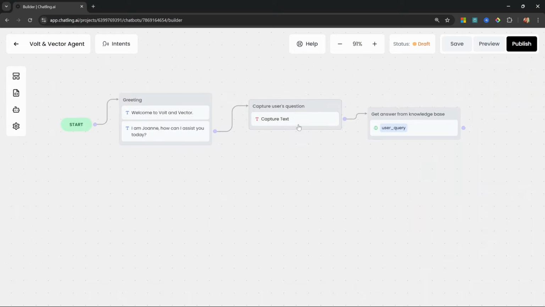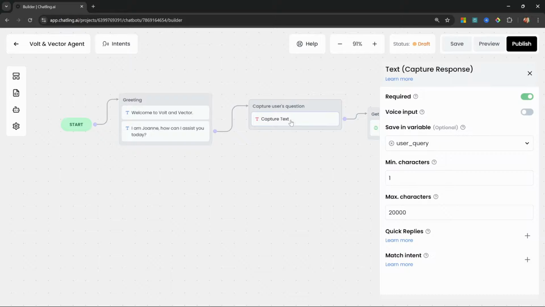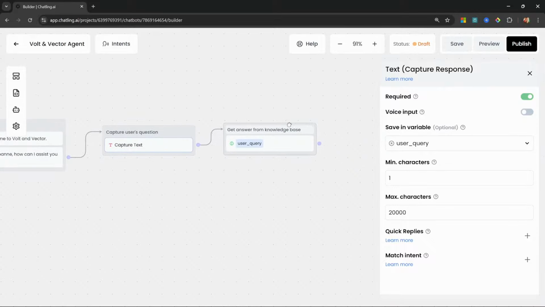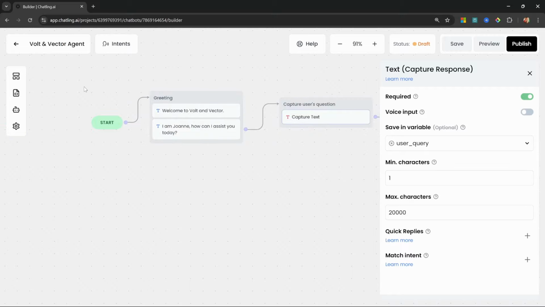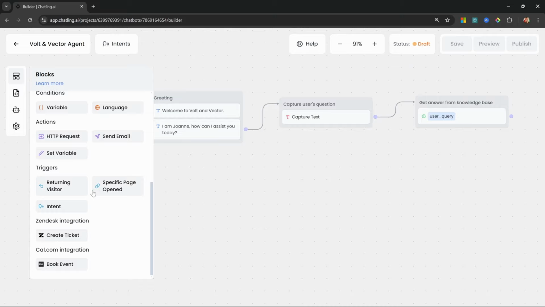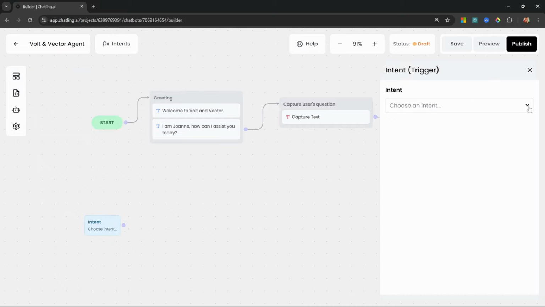So after the user submits their question, the flow will first check if there are any intents matching the user's keywords, and if not, it will continue with this next step. But if this text matches any intents within this flow, it will route the user down those intents' path. To create a new intent, we can go to blocks, then under triggers, we can add the intent trigger. We can then select from all the available intents, and since we don't have any, we can create a new